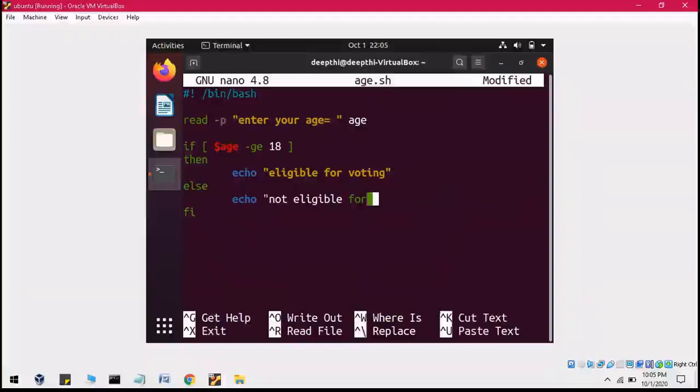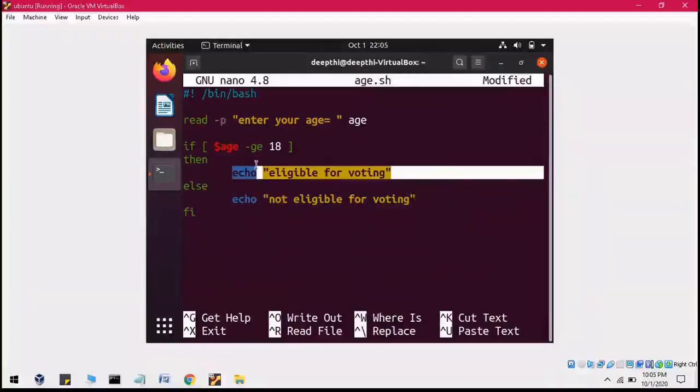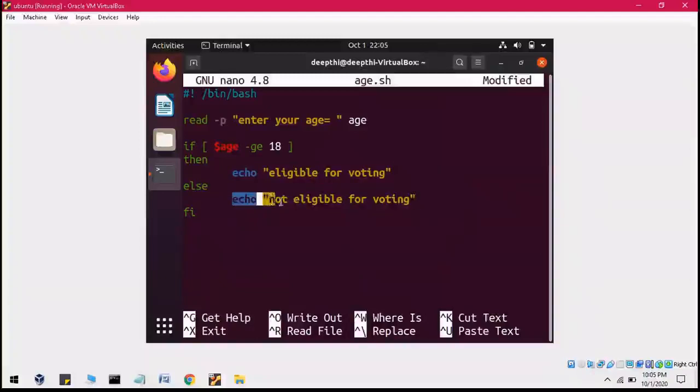So if your age is greater than 80, you are eligible for voting. If your age is not greater than 80, then it will give you this statement. It will print on the terminal that you are not eligible for voting.